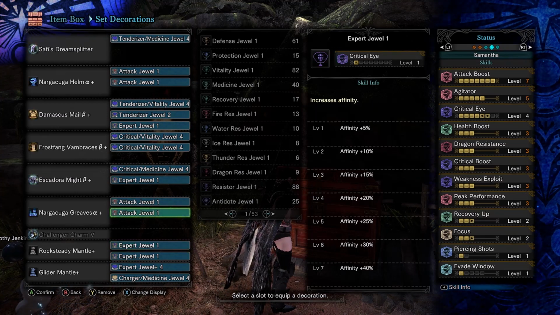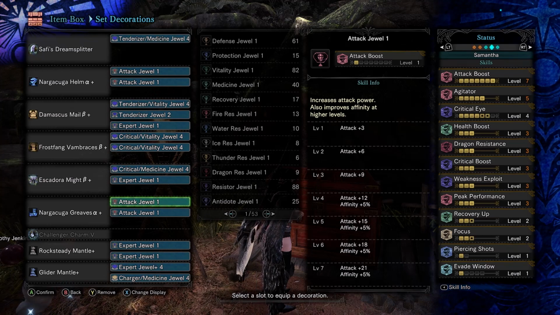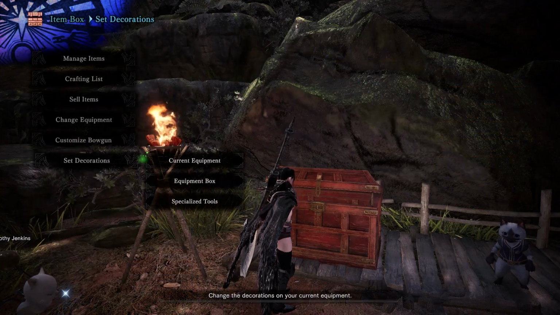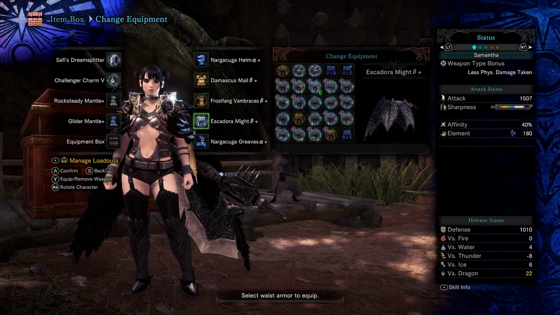Of course, Challenger Charm, so we get maximum Agitator without having to use any decos, and then we just slapped in attack. That's literally it. Like 90% of the decos here are just focused on crit stuff. Of course, that's how every build is now. But the actual gear, I did put...